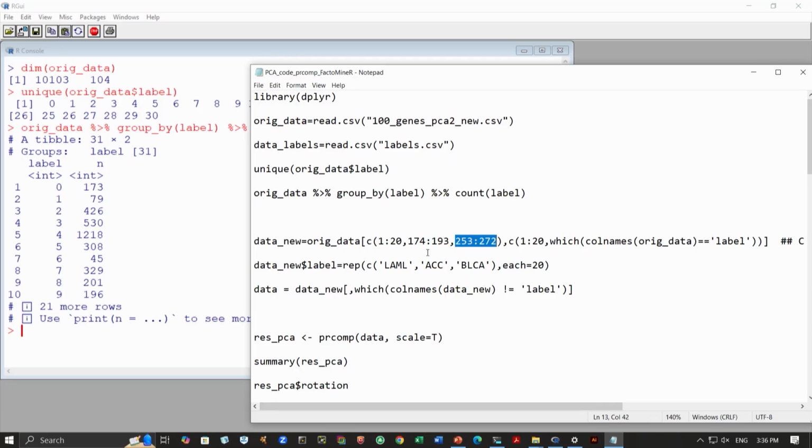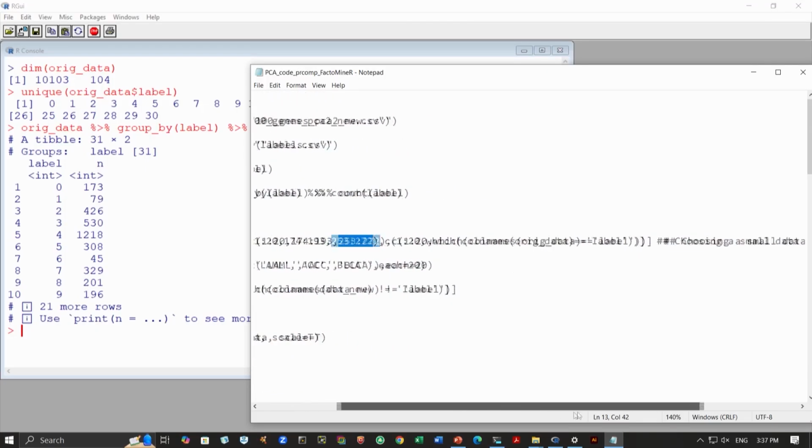This is just to make sure that this analysis runs within a short period of time. But of course, the idea remains the same. If you want to run this on full data, you can simply do the principal component analysis on the full data. So, you do not have to do this data new, etc. This is fine, we are taking these columns, and then